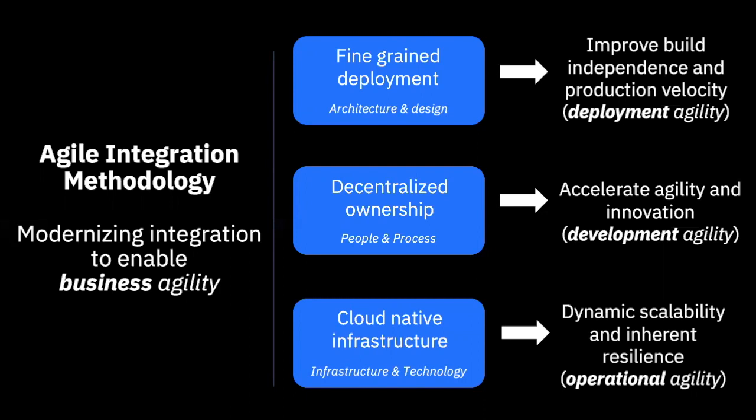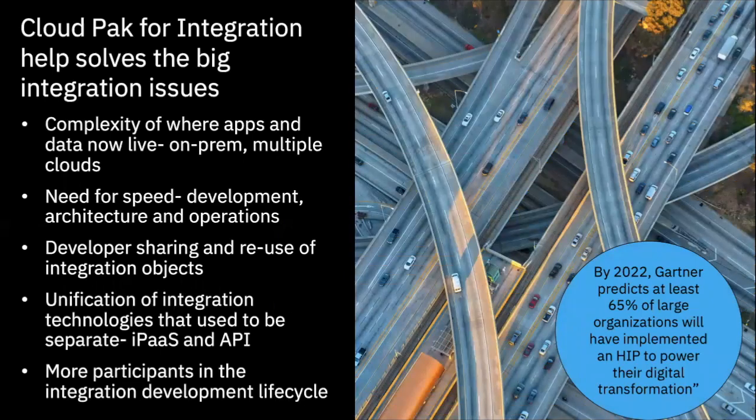And then finally, cloud native infrastructure. And the reason this one is so important is we all know that part of the value of clouds is the elasticity, the scalability, the ability to spin up and spin down instances very rapidly for tests and things like that. And having that kind of an infrastructure that allows for that same agility and elasticity in my development of integration is key as well. And so this is why this is another major tenet here. If you're leveraging the existing integration technologies, getting to that speed and that elasticity is something that's pretty impossible to do. So IBM has focused on this area with the Cloud Pak for integration.